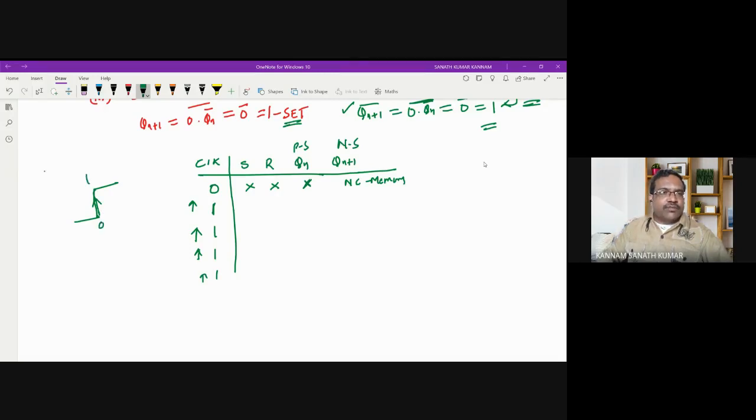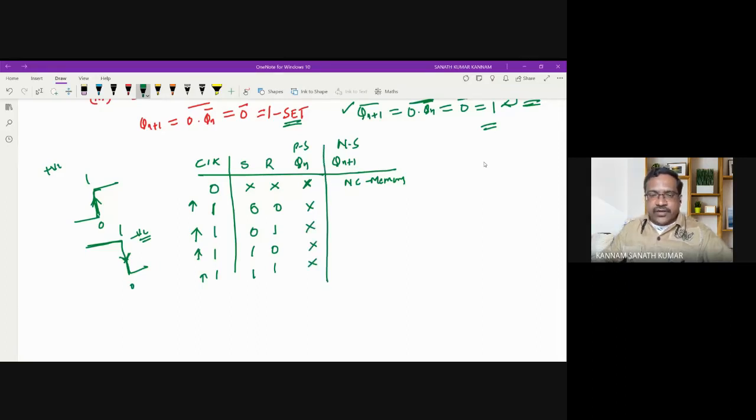So this is nothing but positive edge trigger, this is the edge. And what is negative edge trigger? When the clock goes from negative to positive, that is positive edge trigger, and from 1 to 0, that means positive to negative, that is negative edge trigger. We have taken the positive edge trigger flip flop. So these are the possible combinations: 0 0, 0 1, 1 0, 1 1. You can't predict the present state, those are don't care.